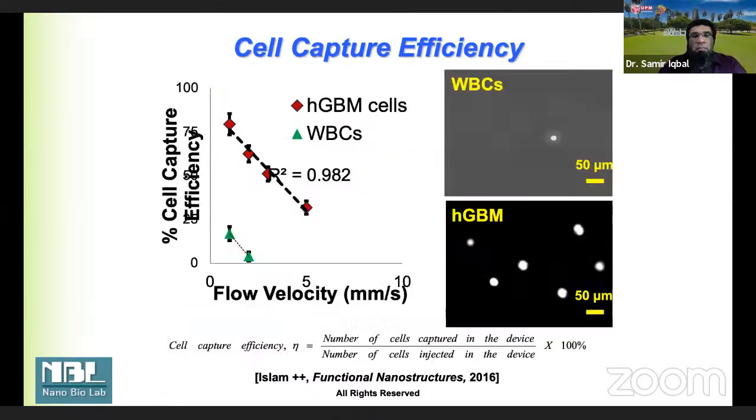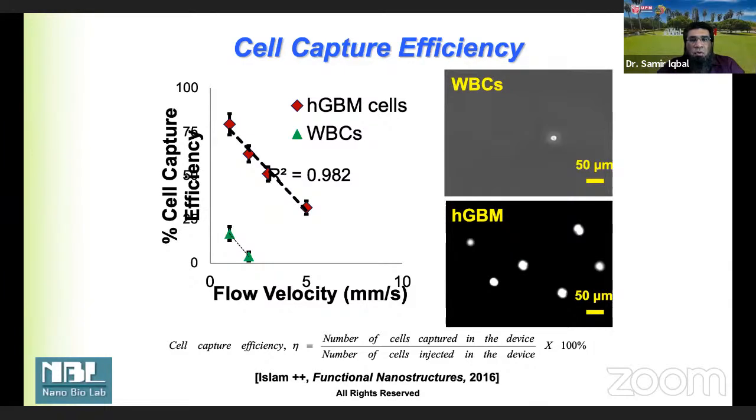And we played with the flow velocity, because that changes the selectivity and sensitivity. If you flow things too fast, here we are showing that we miss the difference between cancer cells and white blood cells. I'm sorry, the text is overlapped. But the y-axis is the efficiency. So that's another thing where we had to adjust the flow velocity to see the cell capture efficiency.